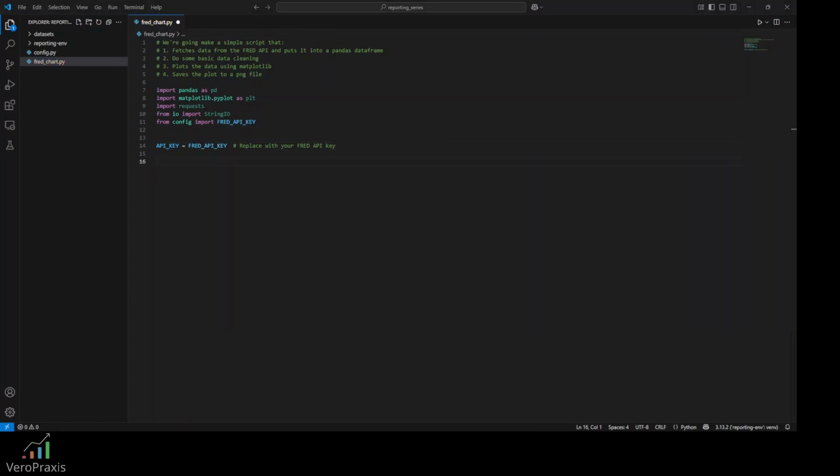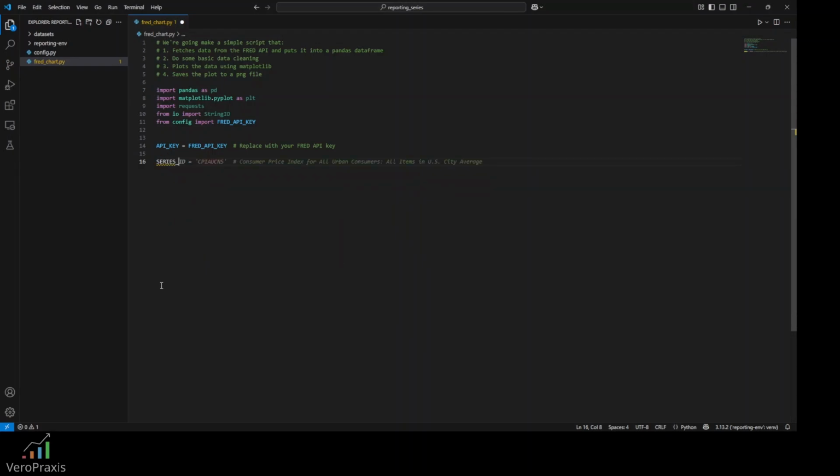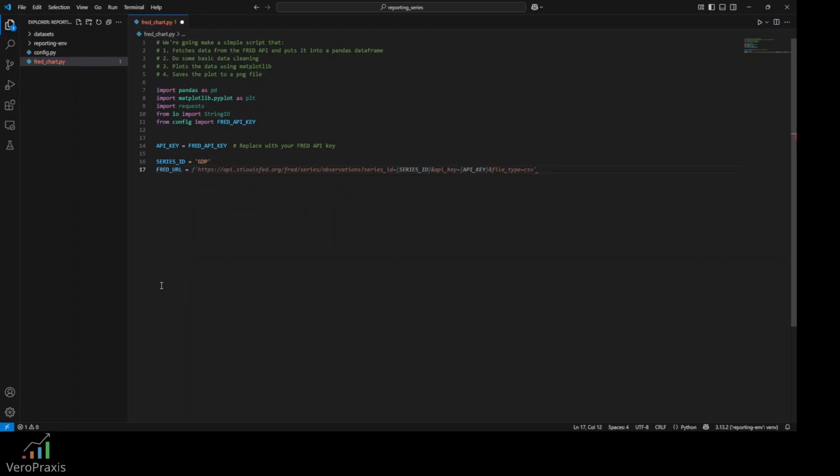Once we've got that, for this example, we're going to look at GDP data for the USA. I already know, and I've already looked up on the FRED website, that the series ID for GDP is simply GDP. So we're going to define the series ID as GDP,